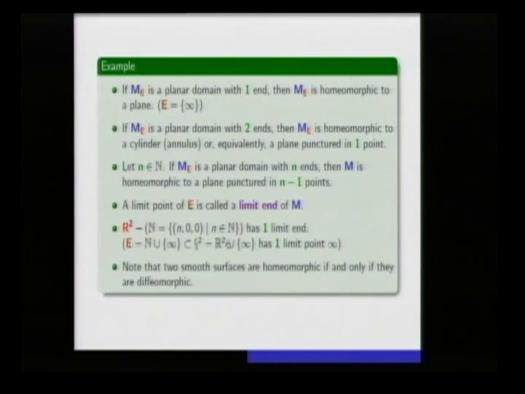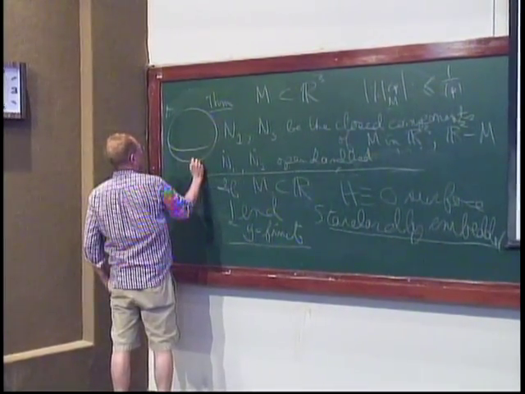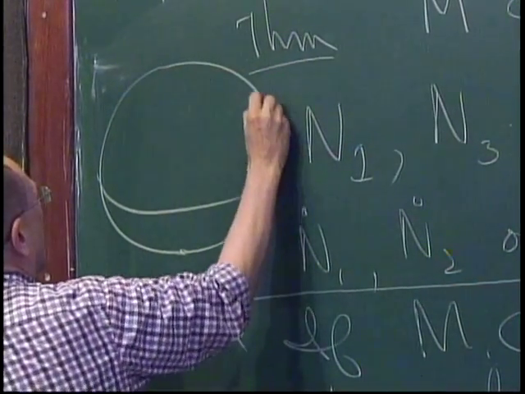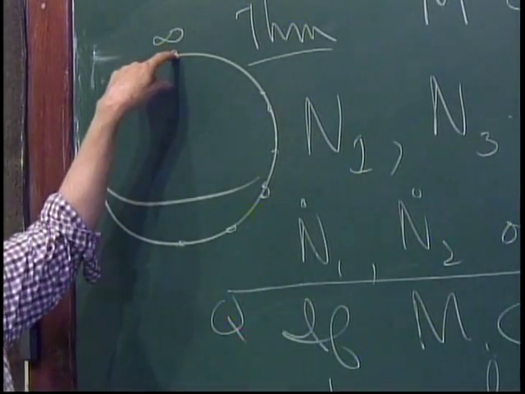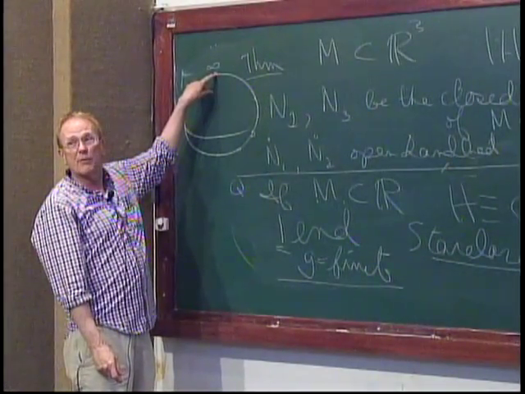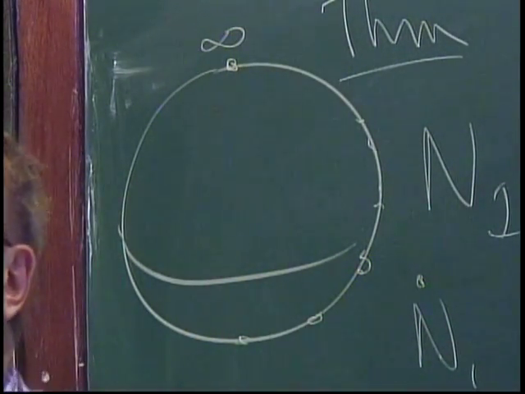Okay, so if you took the plane and removed, say, the natural numbers from it, when we look at that on the two-sphere, what do you see? You see something like this: a sequence of points in the two-sphere that converge to the North Pole. So that's a set with one limit point. That would be a genus 0 surface with one limit end.